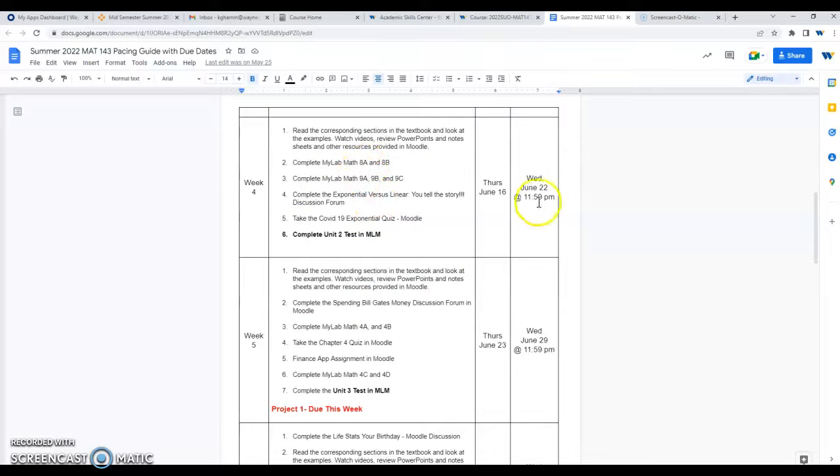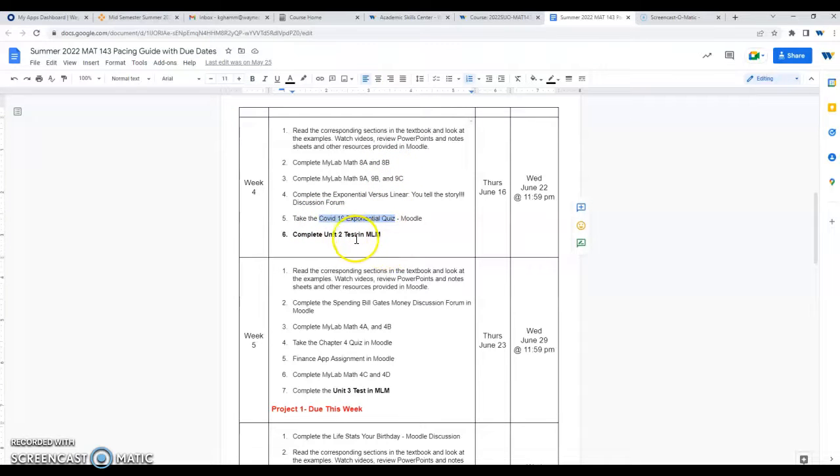What is due tonight by 11:59 is to read those PowerPoints and note sheets and watch the videos I have posted in Moodle. Complete your MyLab Maths. There's a discussion forum and a COVID-19 exponential quiz: how does all of this relate to what we're dealing with in real life?